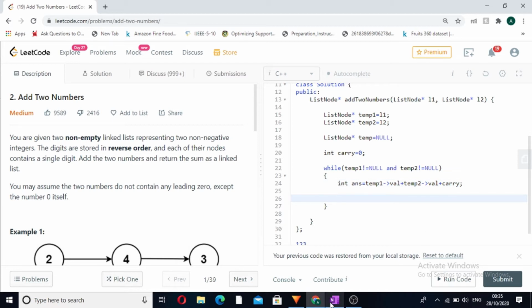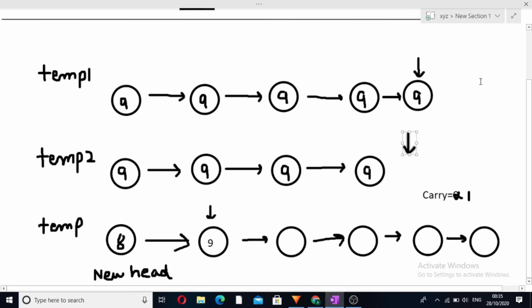Now we know that our answer might be a 2-digit number. Suppose our answer might be 18, at this position the sum was 18, and we have to keep the units digit of 18 at a particular node. So we have to place 8 at the units digit.